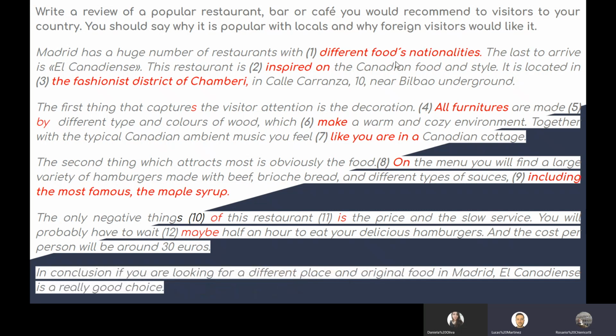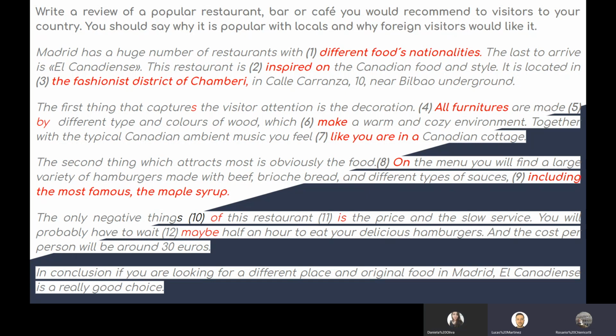We use the possessive case for people, right? We use it with people. Very good. So here we could say Madrid has a huge number of restaurants with food of different nationalities, maybe,